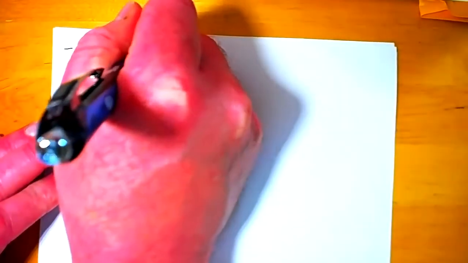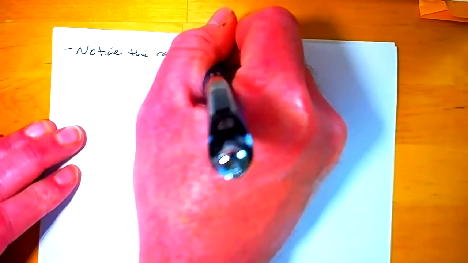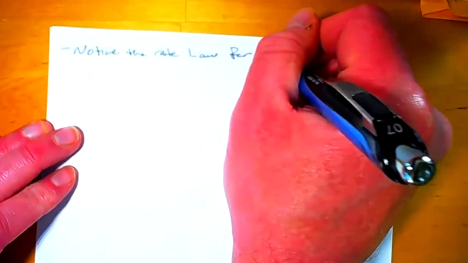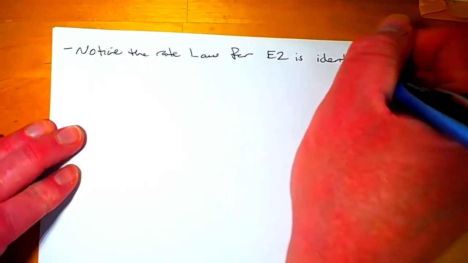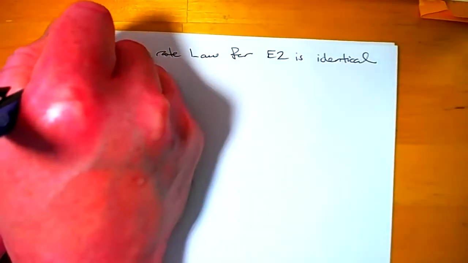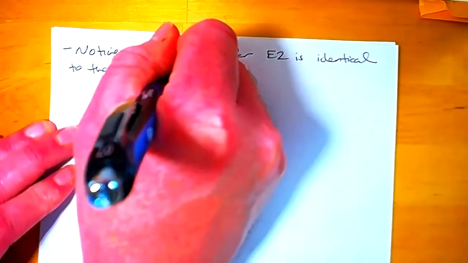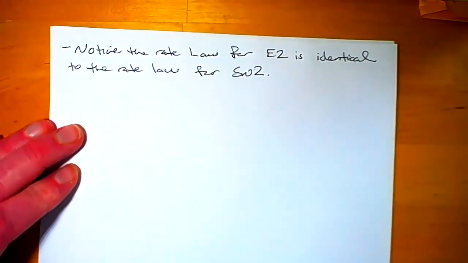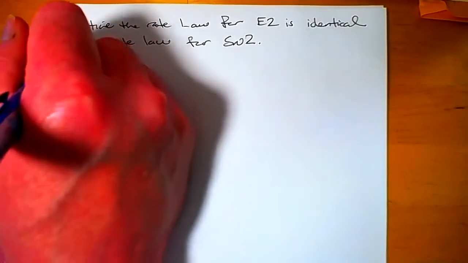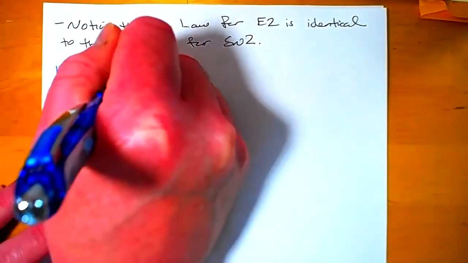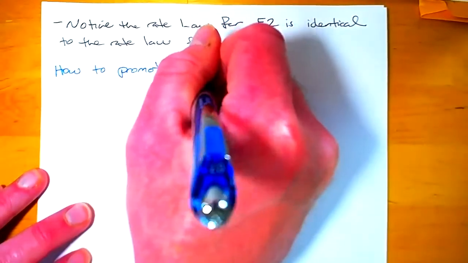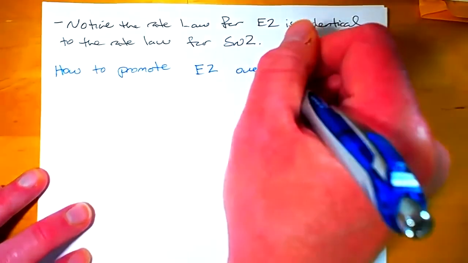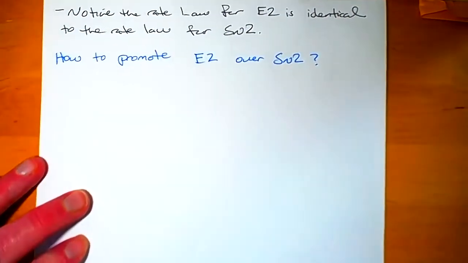Now, again, like what I was saying earlier, you want to notice the rate law for E2 is identical to the rate law for SN2. So, how to promote E2 over SN2? Well,